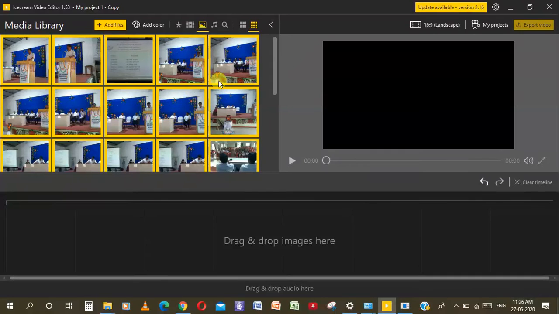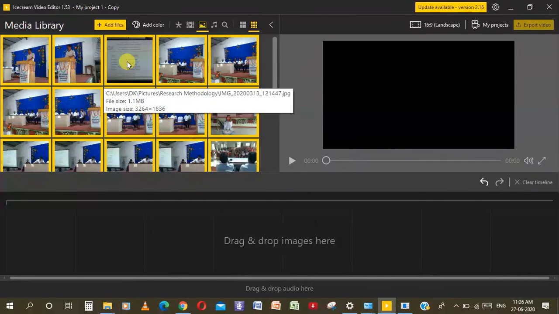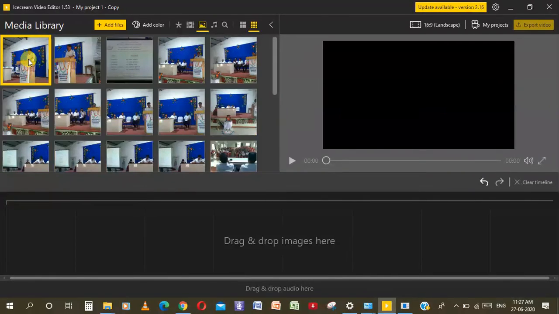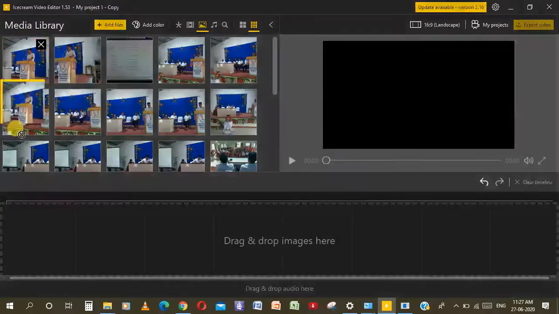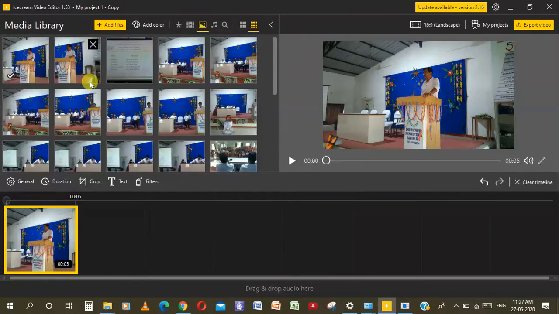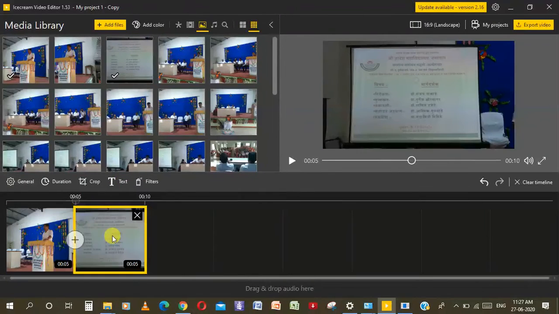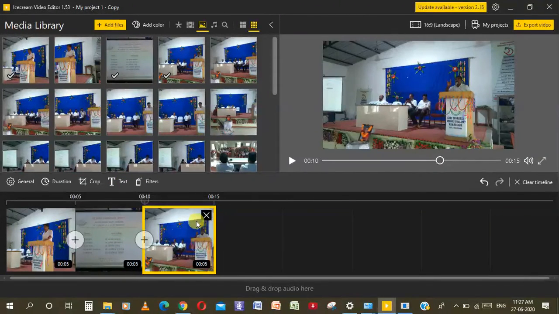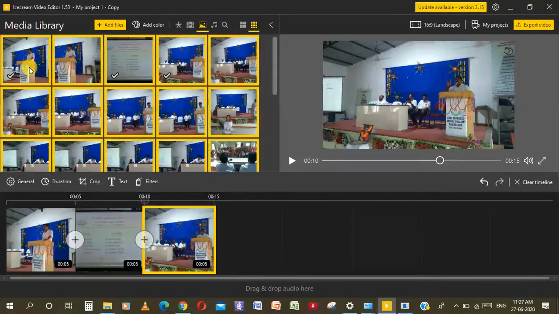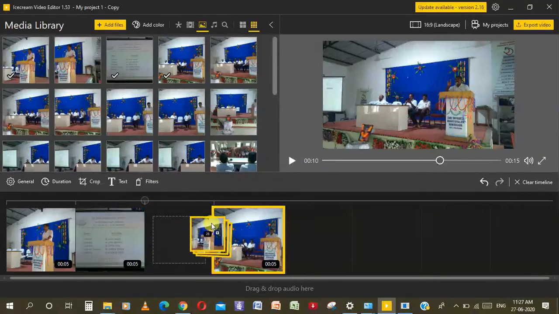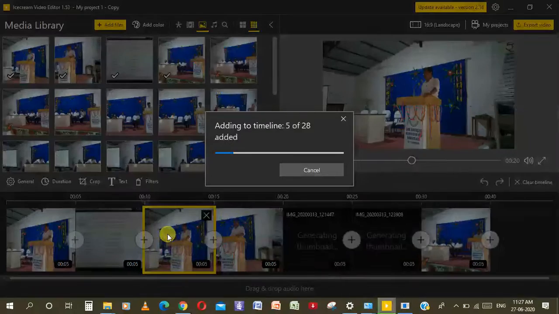Now see, all the images are added over here. Whatever image you want in the very first place, just click here; for the second place, click here; third place, click here. Or you can select all with Control A and drag all the images over here.